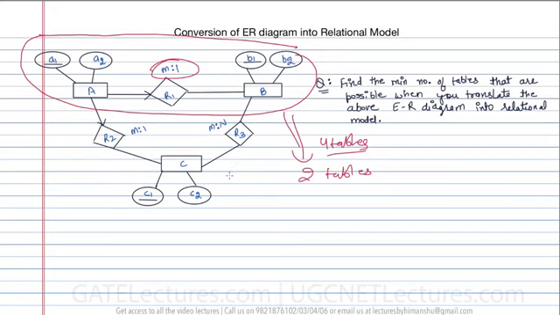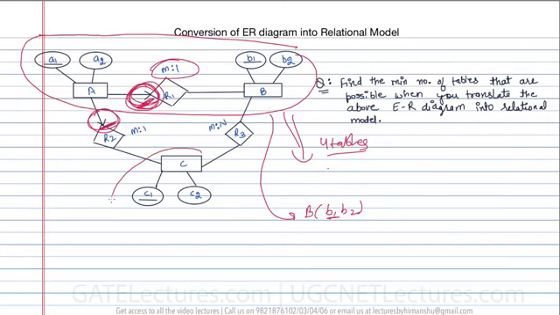Fine. So there's a table which is possible for B1. For B there is a table. You can see for A it is participating in both the sides, that is, you can clearly see the maximum cardinality is 1 here. So let me write it down like this. For B you can create a table that is B1 and B2, which is having the prime attribute as B1.